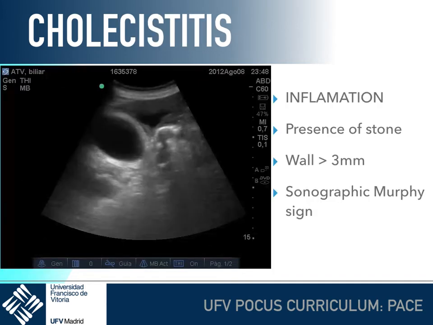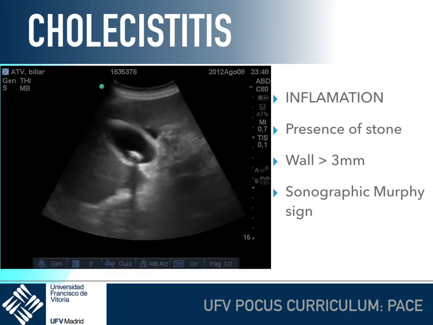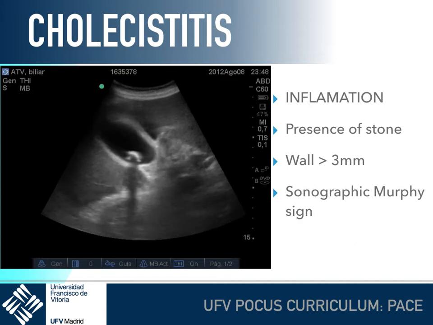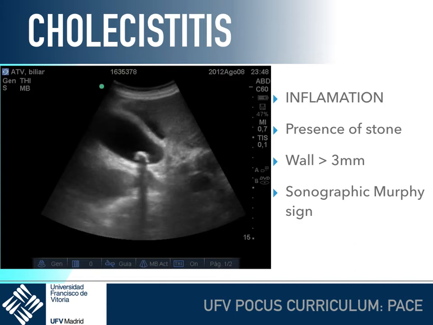And the second condition we can evaluate better with ultrasound and compare with our classical clinical exam is the inflammation of the gallbladder, which is the cholecystitis. For the cholecystitis in our environment, we need the presence of stone, at least one. The inflammation is defined by the enlargement or the thickening of the gallbladder wall greater than 3 millimeters, and we